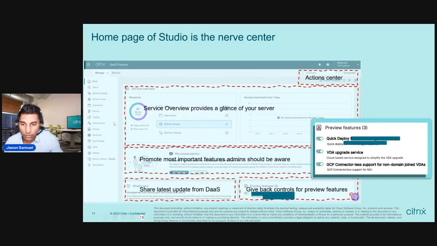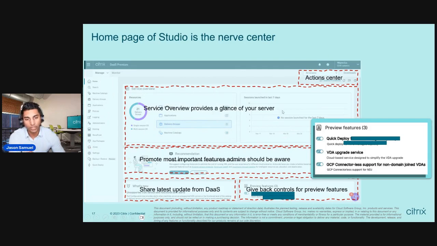Okay, so right here is the service overview. What this shows is kind of your whole Citrix estate within Studio. It shows you your machines, your applications, your delivery groups, and it allows you to actually drill into them. You can see the totals here. It's a little grayed out because of this little thing right here, but this is actually clickable. You can actually drill into your environment. So at a high level, you always know what's going on in your environment, the size of your environment, the number of servers you have, these machine catalogs, and so on. So it's infrastructure focused and application focused, really.